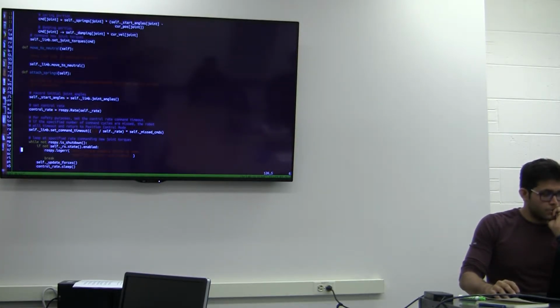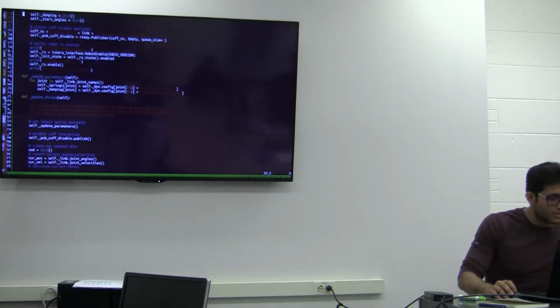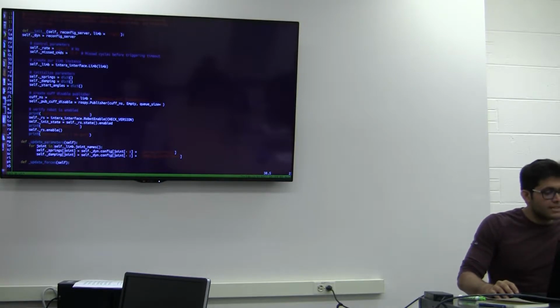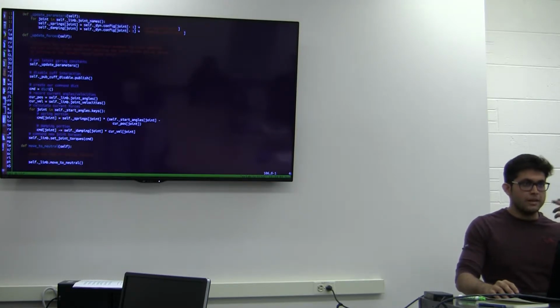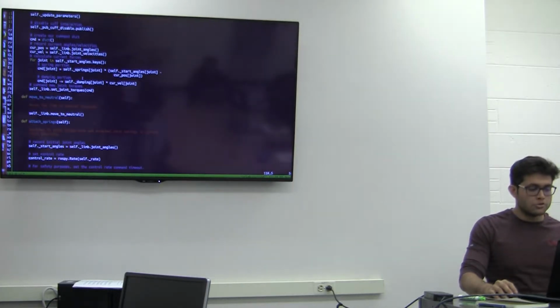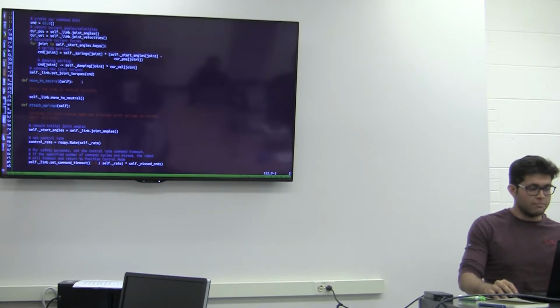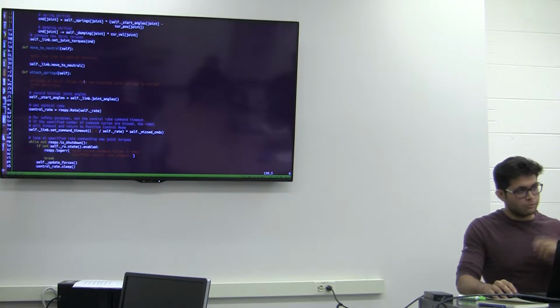And set joint torques, or something, you will see sometimes they might not be here in the Python itself, because they might be calling it from the APIs that we just imported, right? So some commands like open, close, all those things, or move, they are calling those from APIs. So don't be shocked if you don't see things such as set joint angles, because they are from APIs. Move to neutral position, again if you call this command, it will just move the robot to the neutral